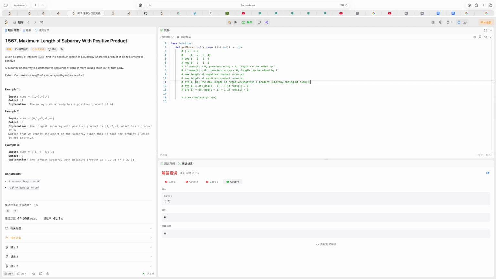So yeah, the p represents negative or positive we want now. So for DFSI, p will be only 0 and 1. And for 0, that means we want to find, like, the current value is negative, and to find